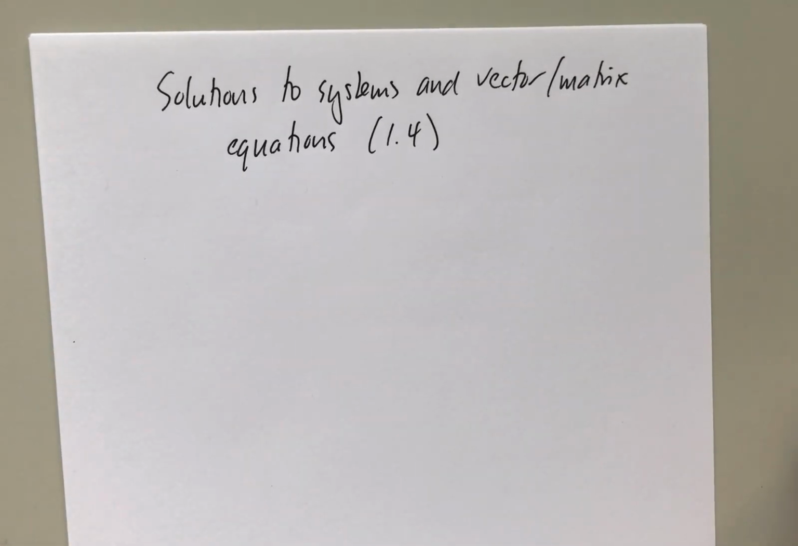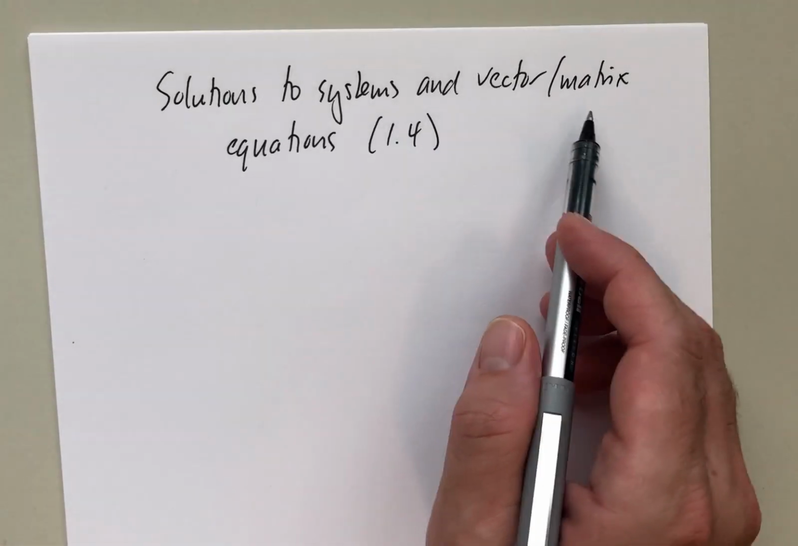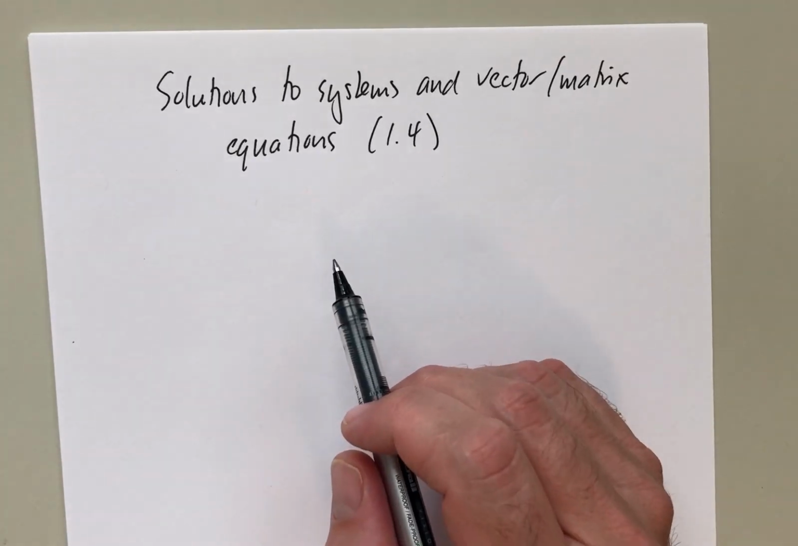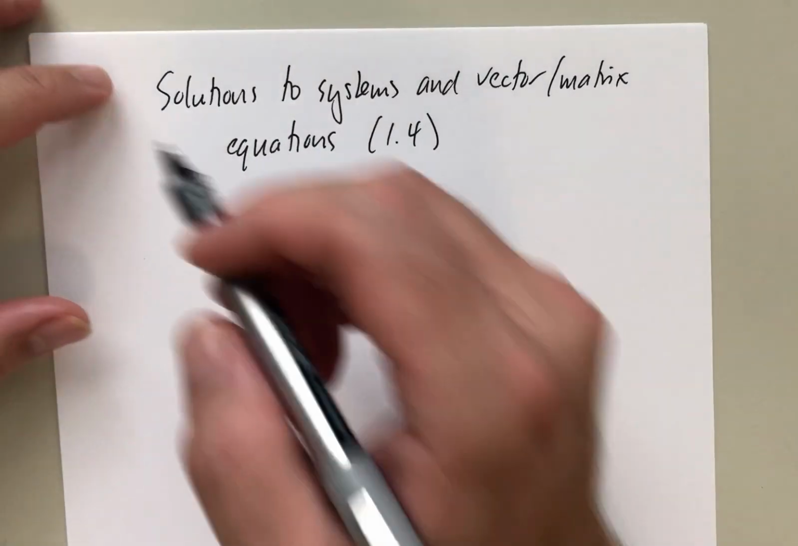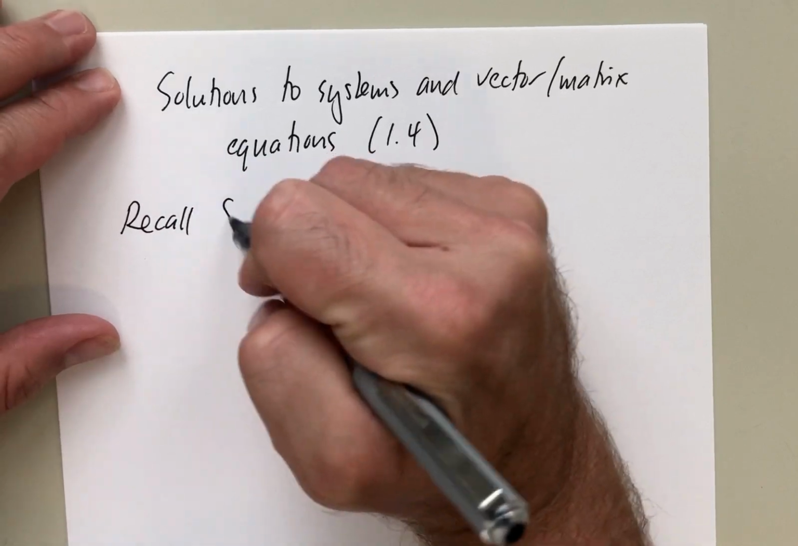Hello everyone, today we're talking about solutions to systems and vector matrix equations. This is material from 1.4. So I want to recall the setup here. Suppose